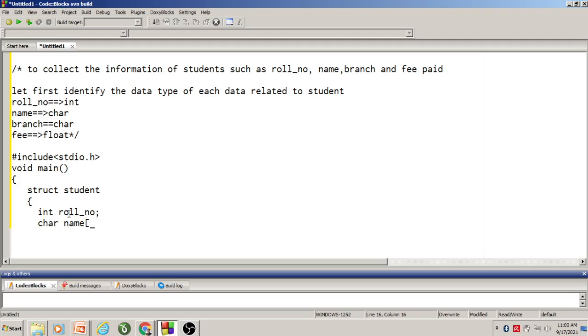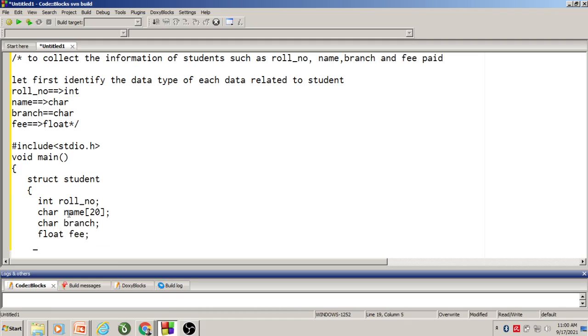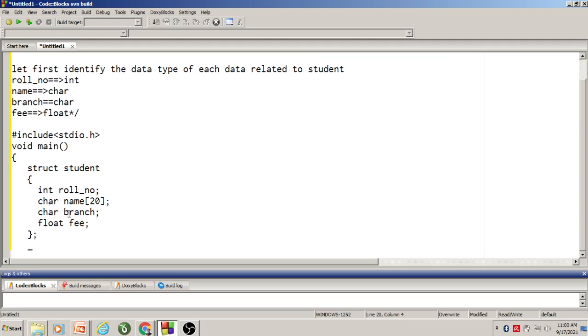Maximum 20 characters I would like to store for the name, and the next data is also of type character, say branch, and the last one is fee, which is of type float. So all the members we have declared, and I put a semicolon here to end the structure declaration.